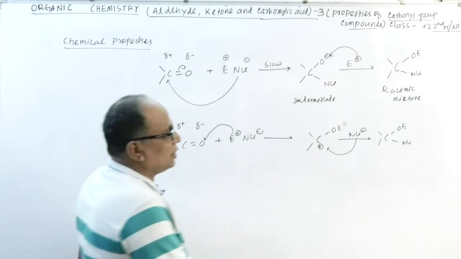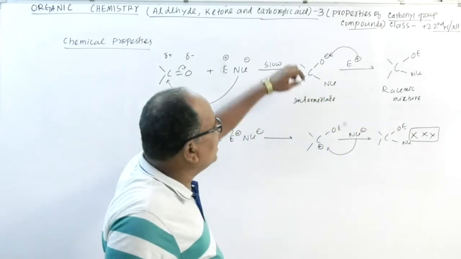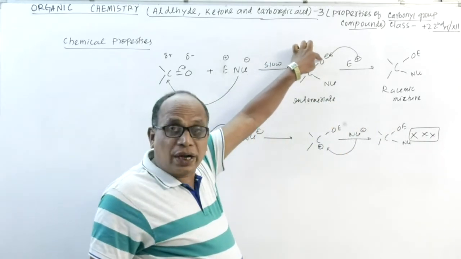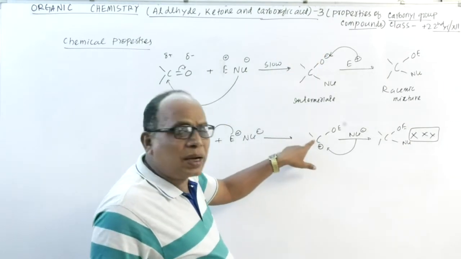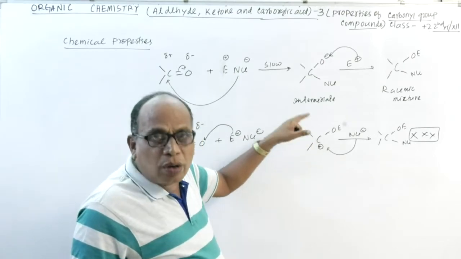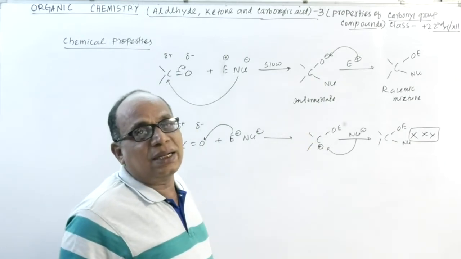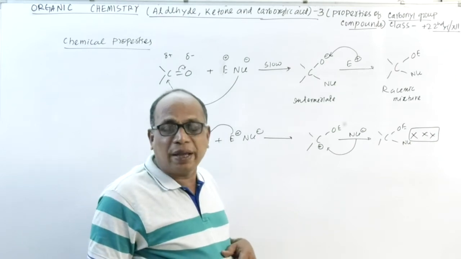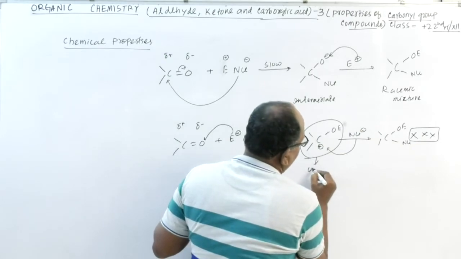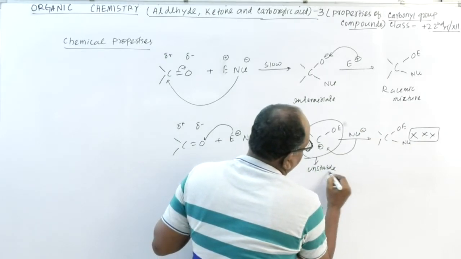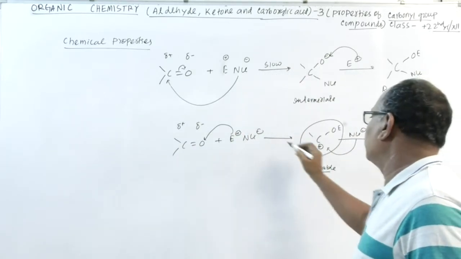But this is not true. Because you see, this is the intermediate, with a more electronegative oxygen atom carrying what charge? Negative charge, that's more stable. But carbon has somewhat less electronegativity, more non-metallic, and a more electronegative oxygen means carbon possesses positive charge, having an OE group, having an oxygen atom, is unstable. This intermediate is unstable. That's why this mechanism is not possible.